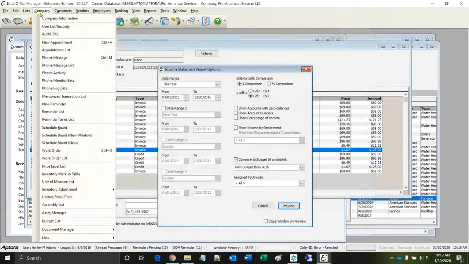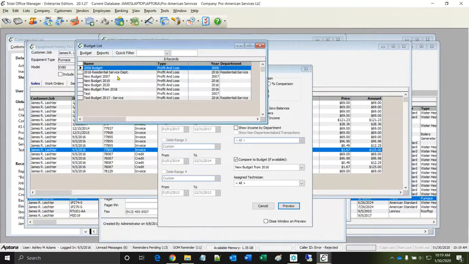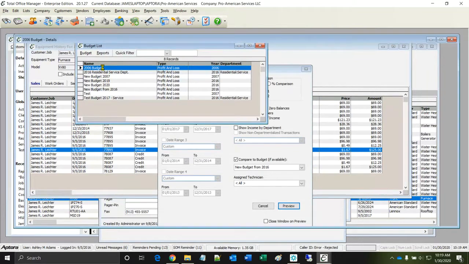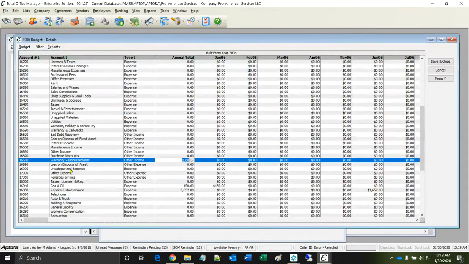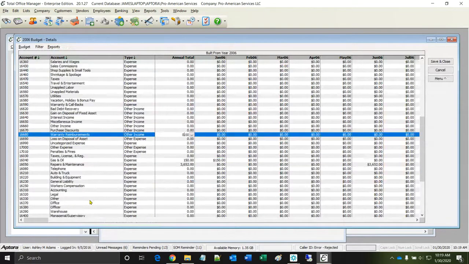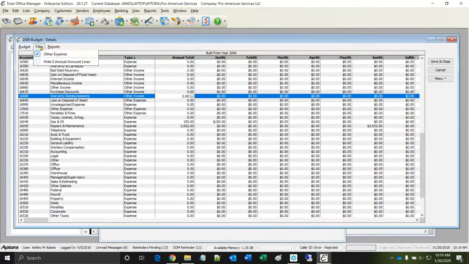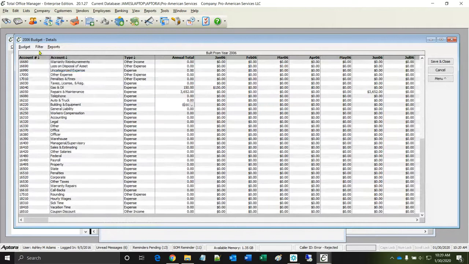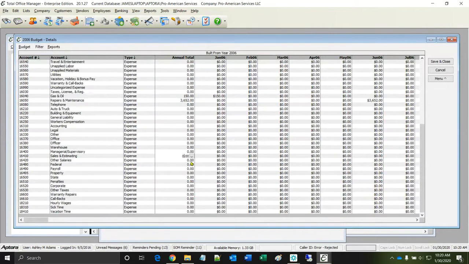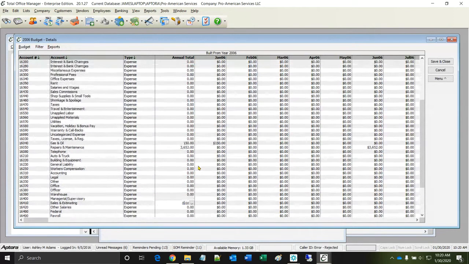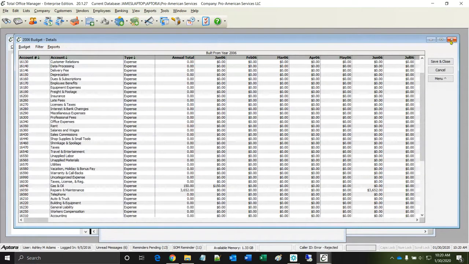Well, keep in mind, we do have a budget feature, and you can go in and create a budget, and you can find warranty on this budget. I have a couple different warranty accounts, but you can find warranty on this budget, and then you can plan for it. So that way your budget has warranty on it, and you can plug in numbers to predict what your warranty expense is going to be. And then once you do that,